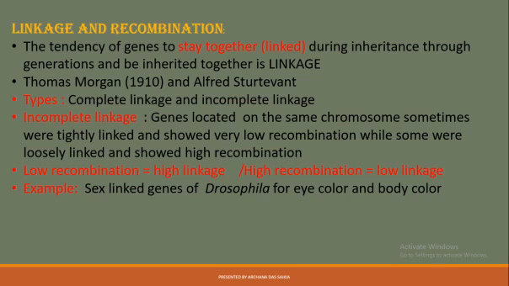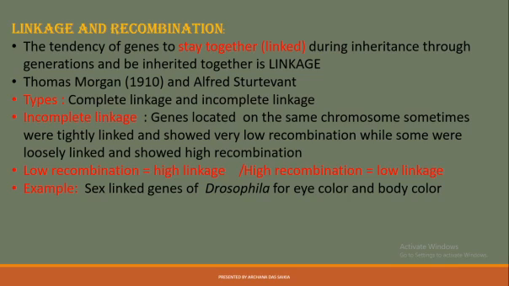All diploid organisms have chromosomes that can be categorized into autosomes and sex chromosomes. So sex chromosomes usually are a pair. In Drosophila also, likewise, they have a pair of sex chromosomes, and the genes located upon those chromosomes